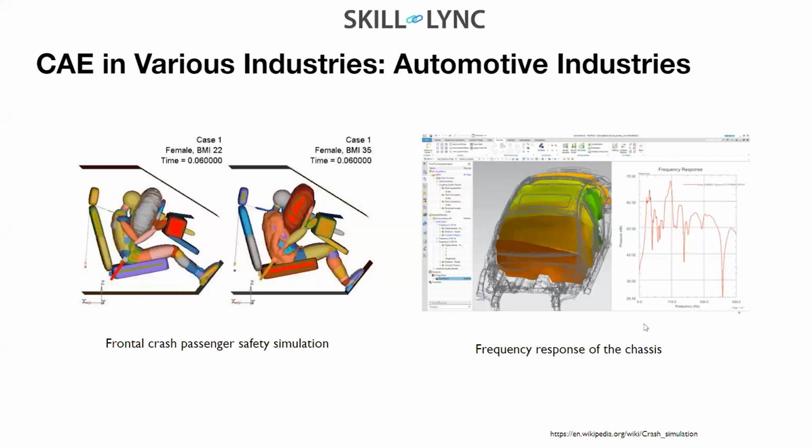Here you can see the frequency response of the chassis. In an automobile there are n number of components imparting different types of vibrations, like forced vibration. What types of studies can you do? What frequency would be more fatal for the chassis? All those studies need to be done before your car body goes out into the market.